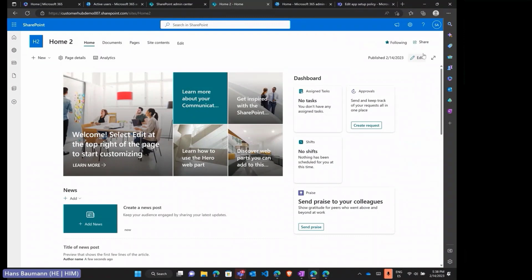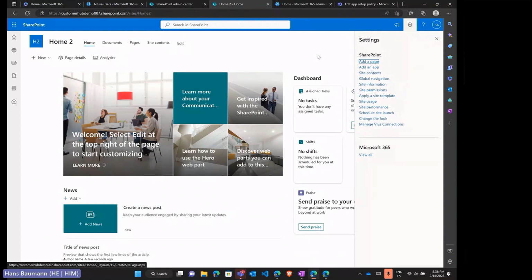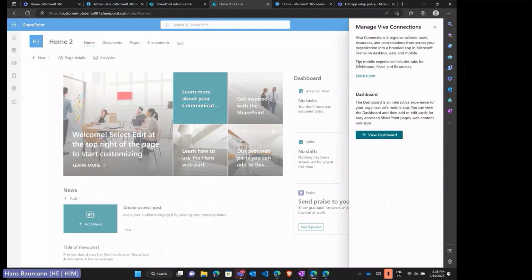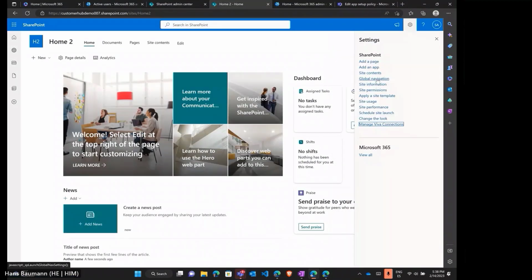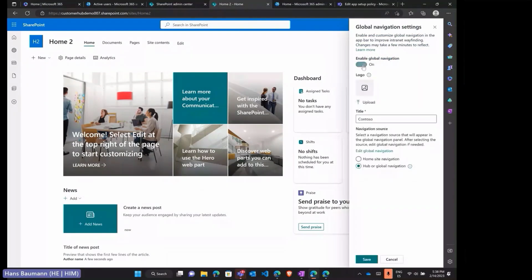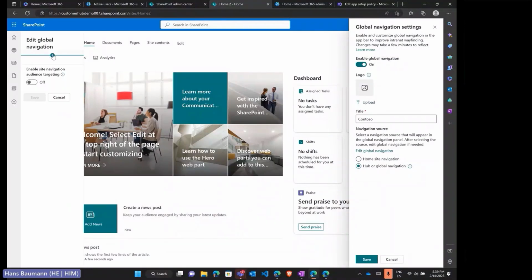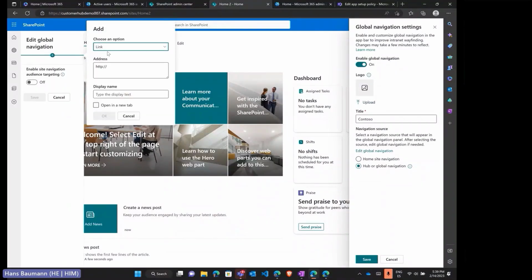The optional part, but also a really recommended one, is, once I have the dashboard, so I have more or less what I want to show in Viva Connections in the real experience, I have to go to the global navigation. I need to be sure I have enabled the global navigation. And then I can edit this global navigation and add links, or I can add labels, which will be like the grouping of some links. This navigation I am playing with right now is the one that is going to be shown